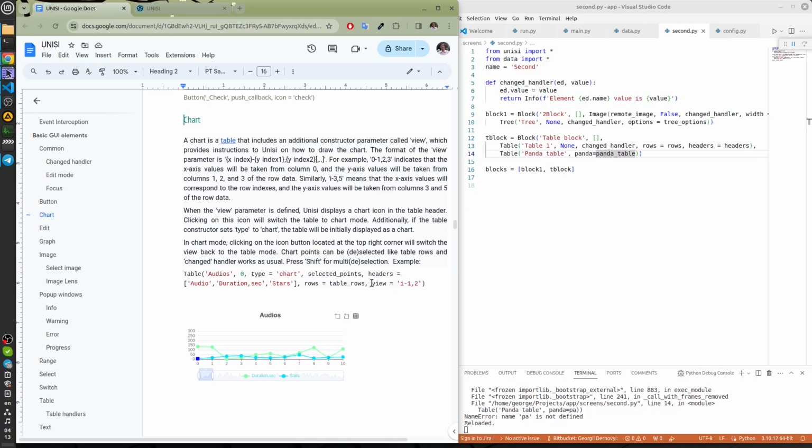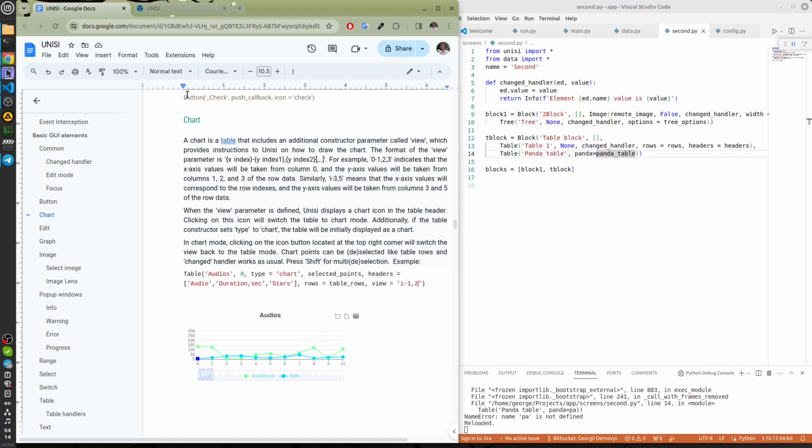We have an example that tells us to take the indexes of the lines as the x-axis, and take the values from the first column and the second column for the y-axis. And according to this table, we get such a chart.